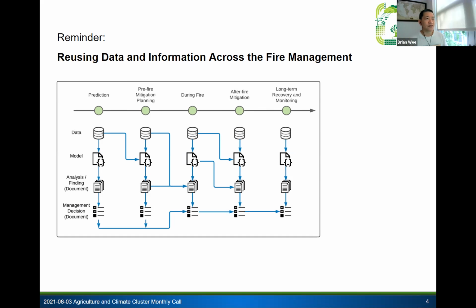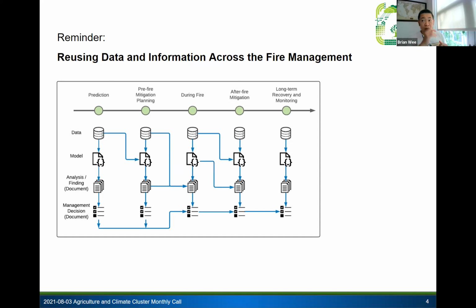So now for this exercise, what we're trying to do is do the same thing, but to see how data information can be captured and repurposed and reused through different phases across the fire lifecycle management. And by this, we are automatically looking also at how data information can be reused and repurposed by different parties. But parties here meaning, for example, the local Boulder Fire Department,